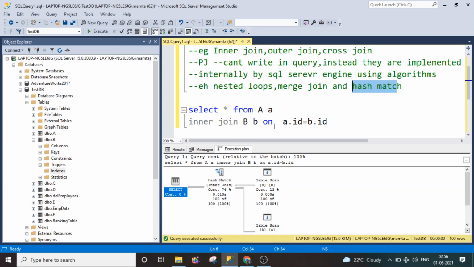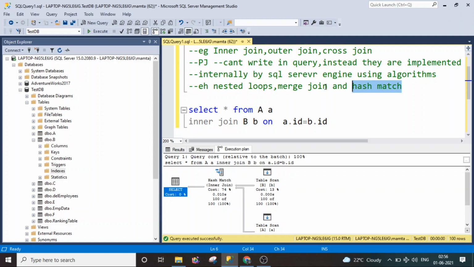Hash match is used in cases where you have large data in both tables and the data is unsorted. If you have unsorted data in large tables, the hash match operator gives good performance.